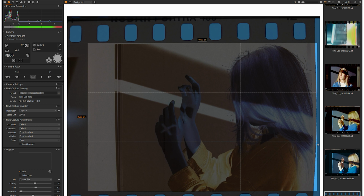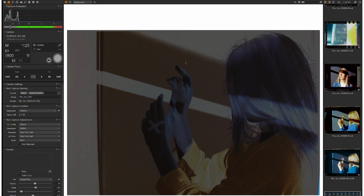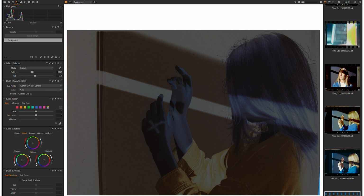You don't want any negative in there. Boom, boom, little dirt on there, no big deal. Cool, our image is cropped now. The next thing that you want to do is come over here to your